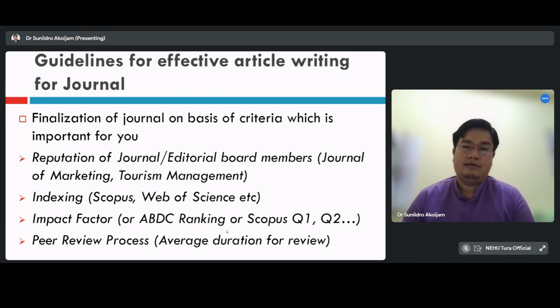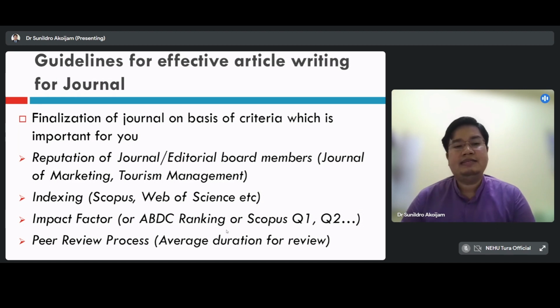Okay, for example, let's say Philip Kotler, and then let's say Abraham Koji, or maybe any other pioneer people in a related discipline. In your own discipline, you should know them, and then accordingly you can see if any journal has these people on their board, then definitely you can rely on those journals.